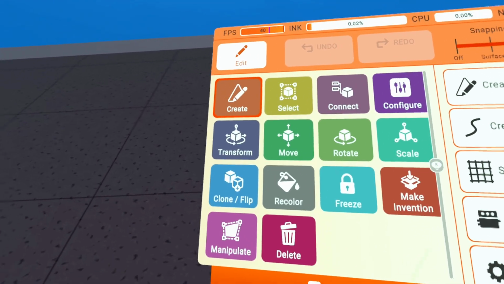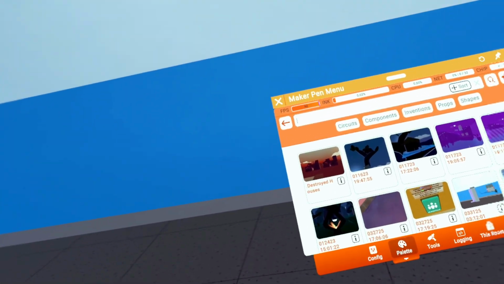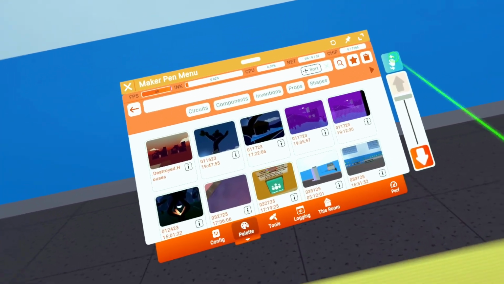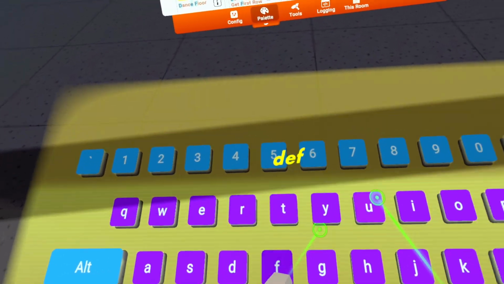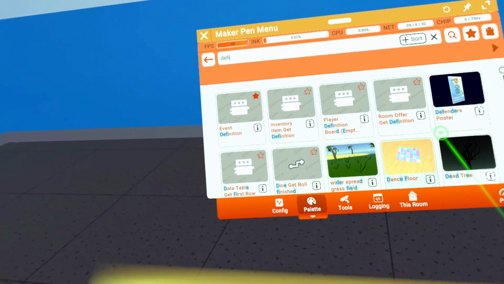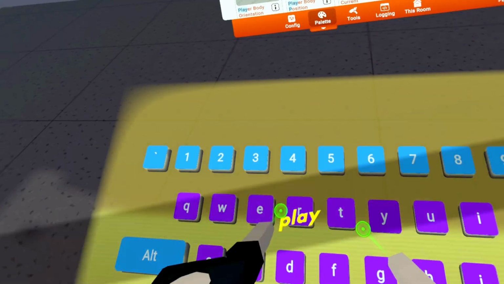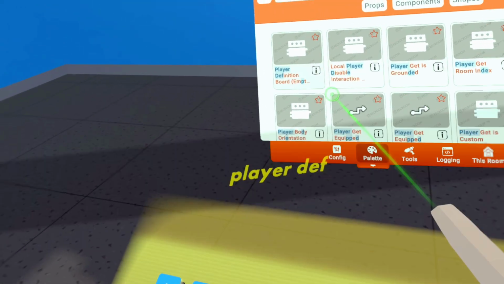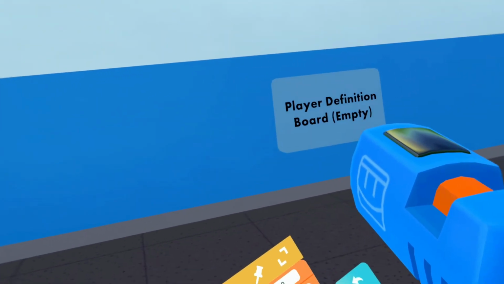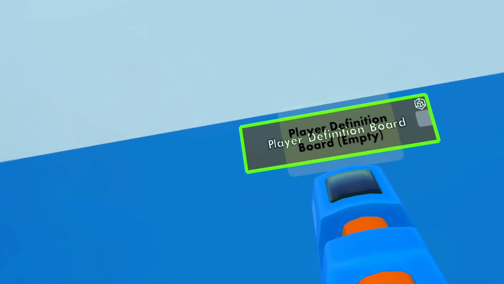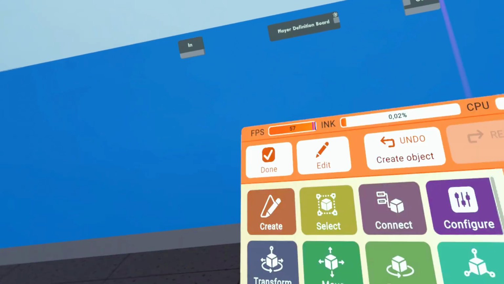So, to create a PvP map, we first need to create something that indicates that we hit a player, or a player is hit. So for that, we need to get a player. We need a player definition board. We start with that. This is basically something like a circuit thing that we can edit